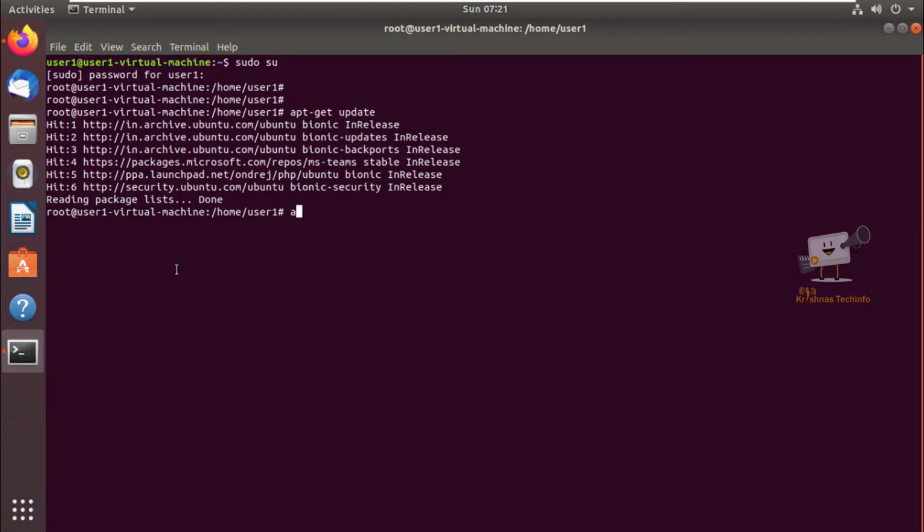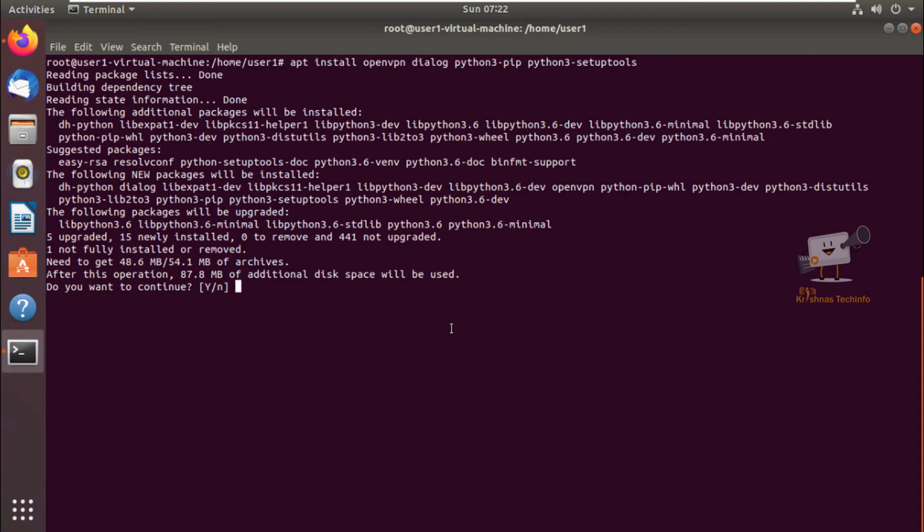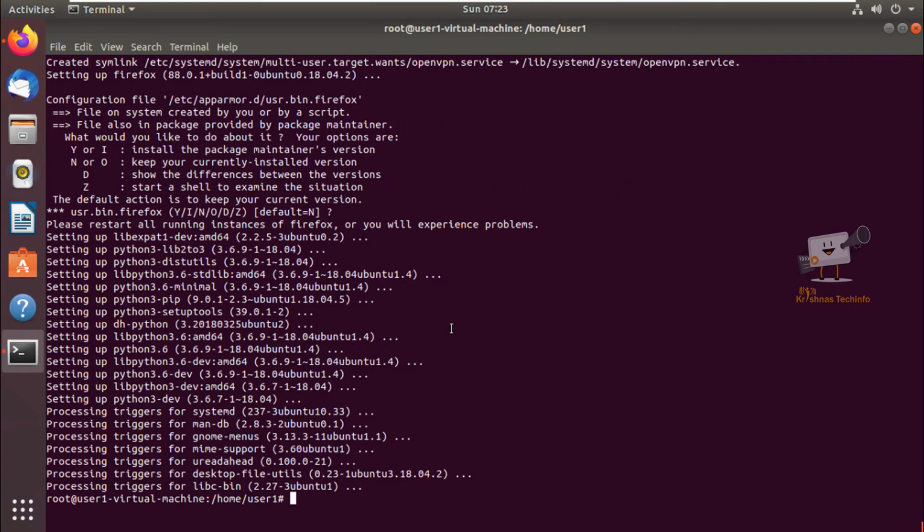Now run the command apt install openvpn dialog python3-pip python3-setuptools. Now press enter to download and install the packages. Now the Proton VPN installation on Ubuntu is completed.